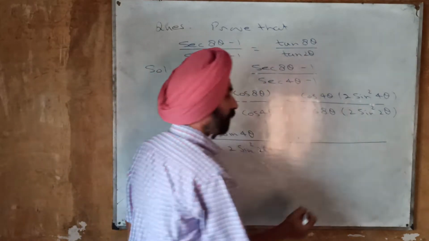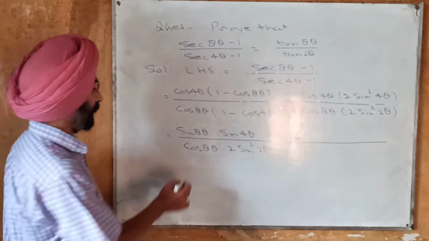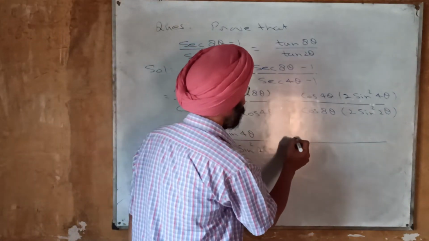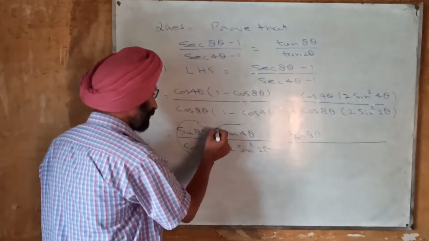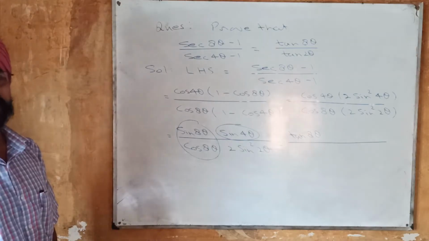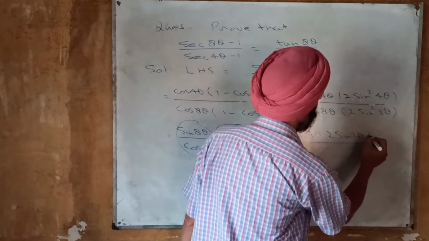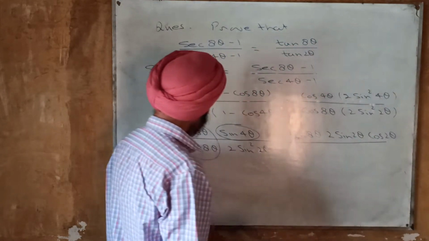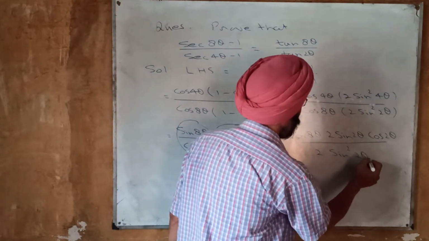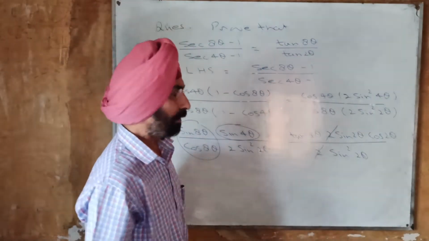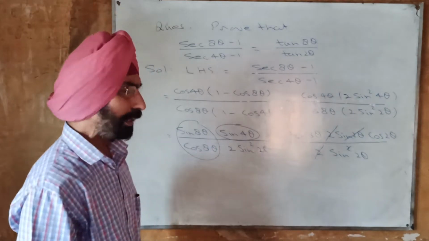What we are to do in the next term, this sin 8 theta over cos 8 theta will become tan 8 theta. This sin 4 theta I am going to write as 2 sin 2 theta cos 2 theta, divided by 2 sin square 2 theta. This 2 will be cancelled out. One of these sin 2 thetas will be cancelled with the sin square 2 theta, and